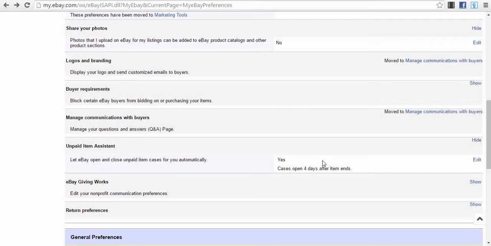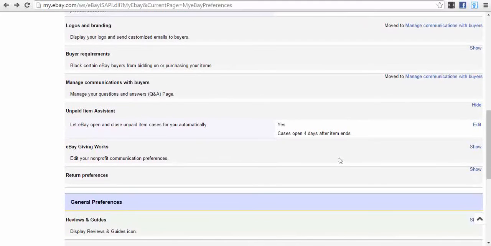So what eBay will do, they will remind those people in 4 days that they need to pay for their product, and if they don't, they automatically cancel the order, okay, and they will make all the refunds and everything necessary, and that's it, okay. So that's about it, guys.